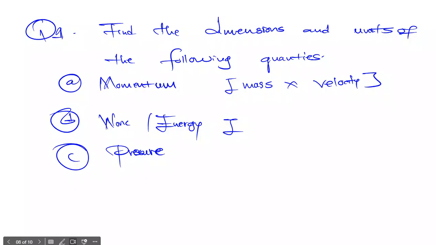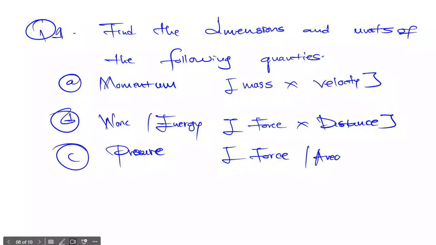Then work, I know most of you know that it is a topic in grade 12, is force multiplied by distance, and the pressure is given by force over area. So go ahead and find the units and the dimensions. Make sure you drop your answers in the